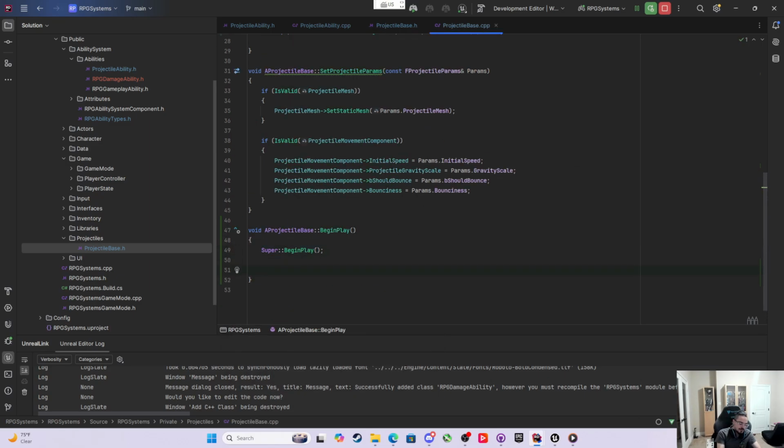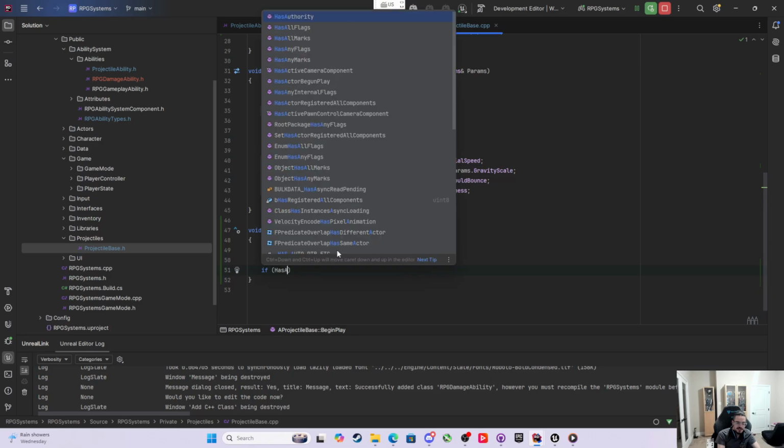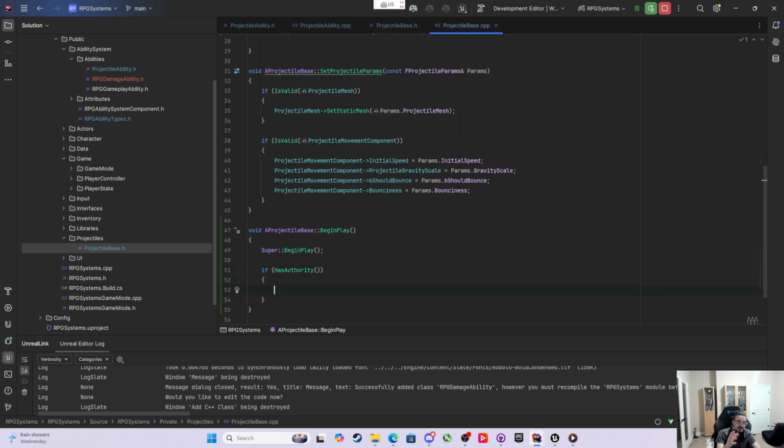And then we only want this to apply a damage effect on the server, right? So the easiest method, without getting into complex lag compensation and other features that I don't want to just preemptively jump into, we're only going to allow this overlap to occur on the server for now. So we're going to check on BeginPlay if HasAuthority. So if the projectile itself has authority, what we can do is take the overlap sphere and we can say